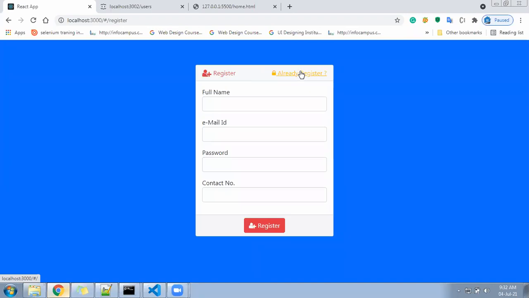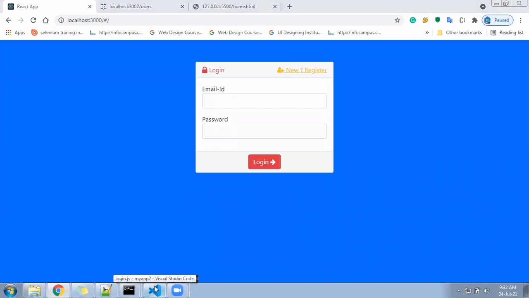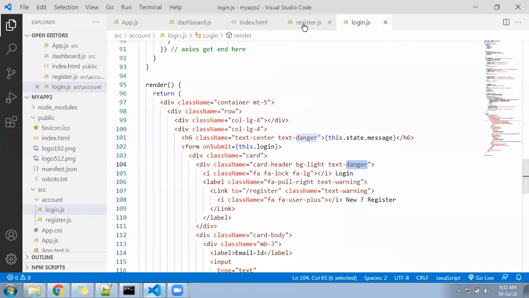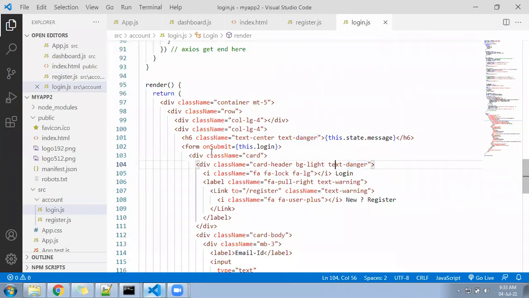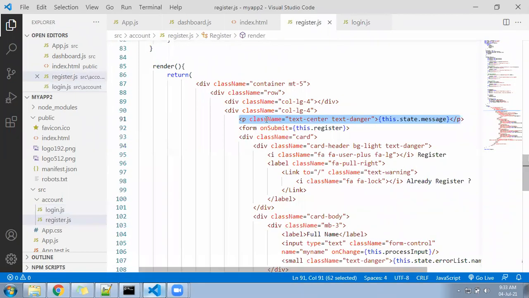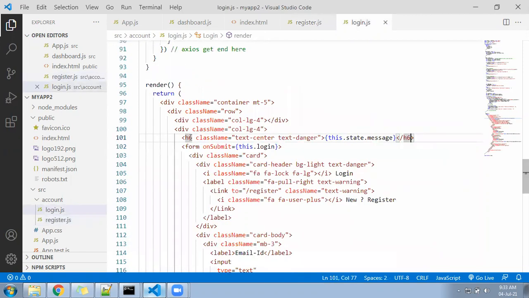In this, okay, some gap is happening from the top. Where is the more gap? Register has more gap. Let me see what I have written in register. Is there anything else in register? MT, PT, anything? Oh, one paragraph is written here. But this paragraph should be in the login page also. Here also there is a paragraph. Okay, here H6 someone has written, yes. Before the form. Here also before. Okay, sorry.